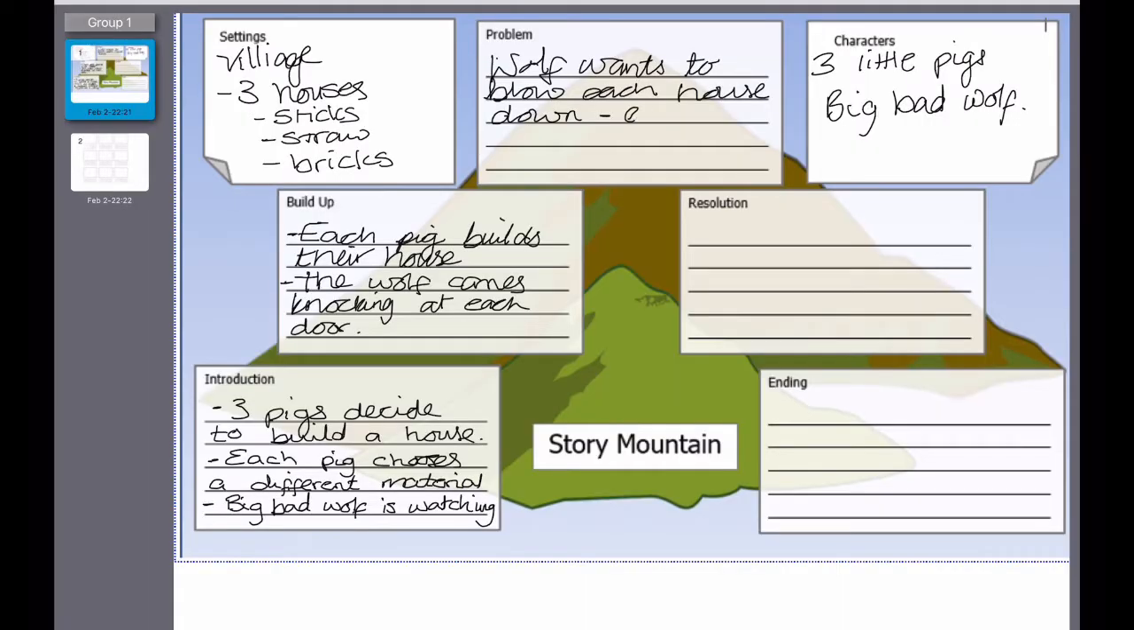And essentially eat the pigs. Okay. He goes to each house, and each little pig runs to the next. When they get to the third house though, of course, the wolf climbs up the roof, and to stop him, the resolution, when the wolf comes down the chimney,